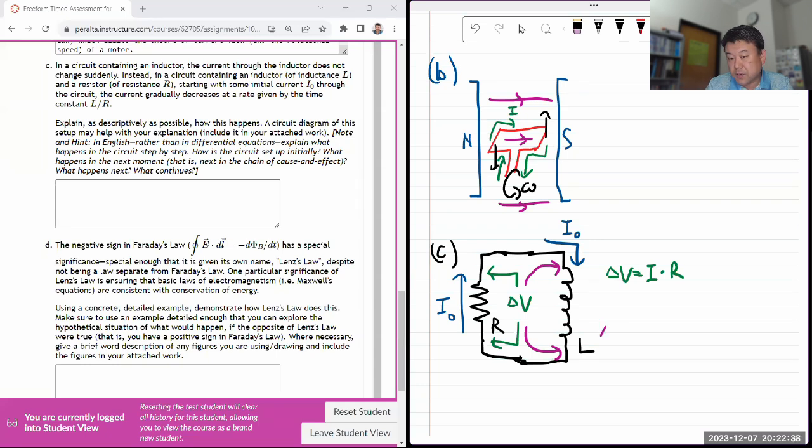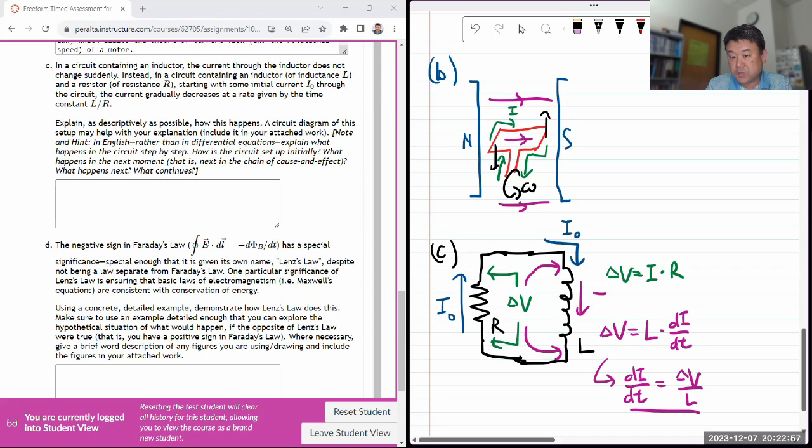With the inductor, the voltage is equal to inductance times the rate of change of current, which means you now have a non-zero rate of change of current, delta V divided by inductance. So this will cause the current through the inductor to change as a function of time, which will change the voltage drop across the resistor, which changes this rate, and so on. So to explain it,